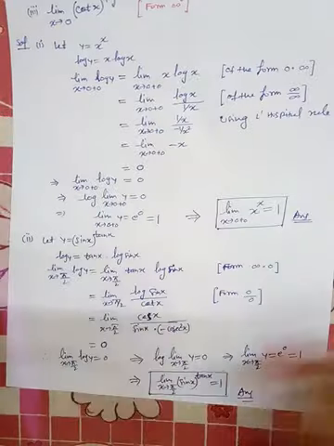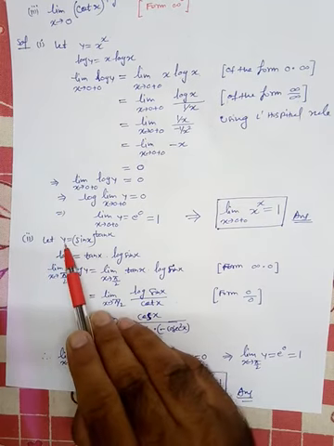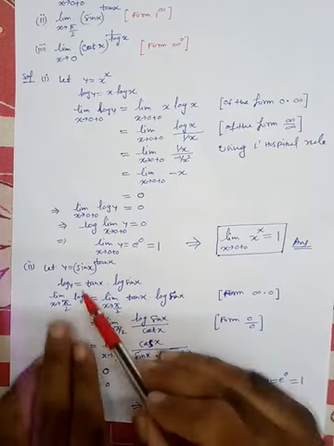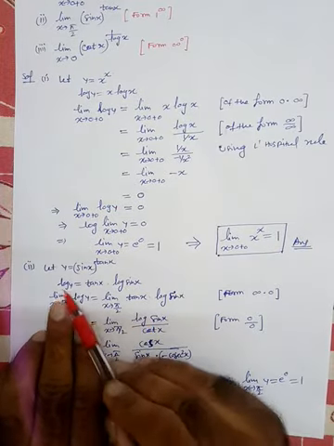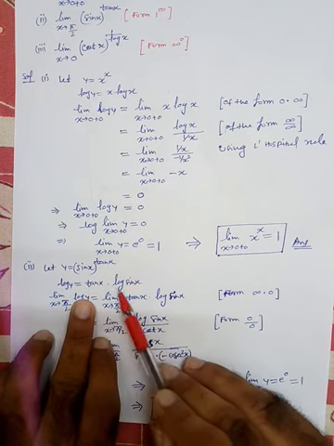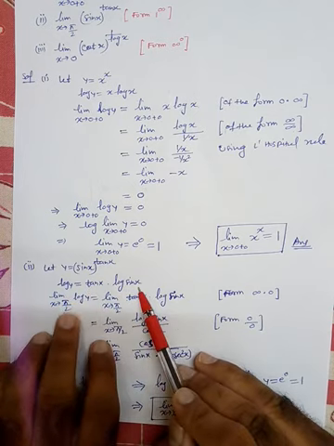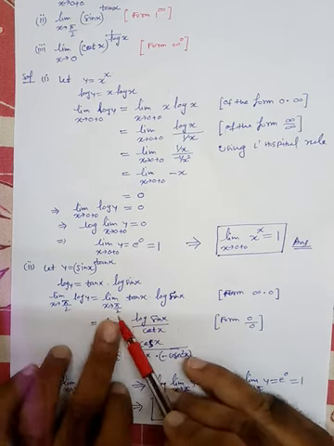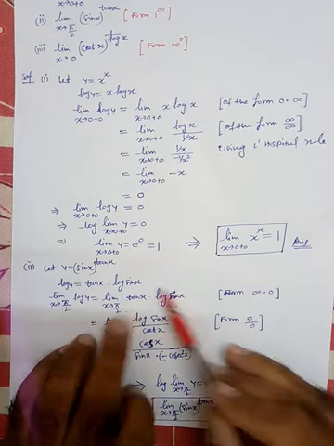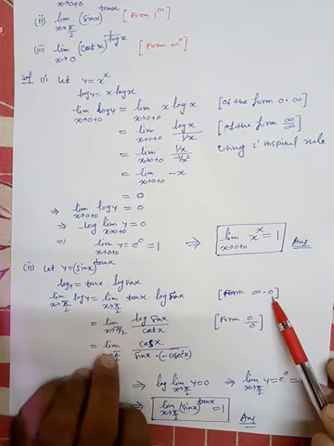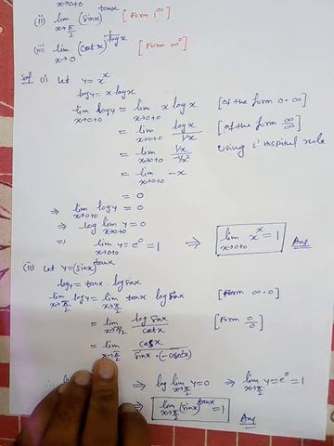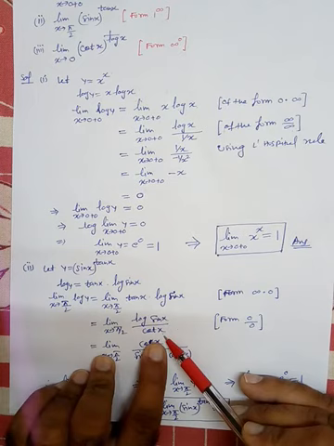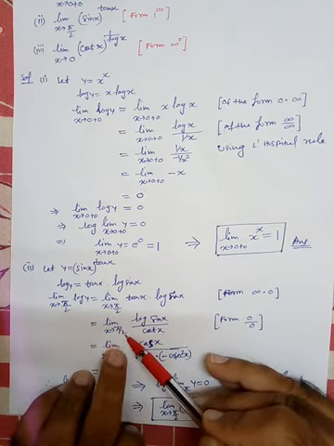Now the second example. Second example is: let y be sin x raised to the power 10x. Taking log both sides, log y is equal to 10x log sin x. Now apply the limit x tending to pi by 2, log y is equal to limit of 10x into log sin x, and this is of the form infinity into 0. So now we convert it into 0 by 0 form. Taking 10x to the denominator it becomes cot x. So log sin x by cot x with limit x tending to pi by 2.